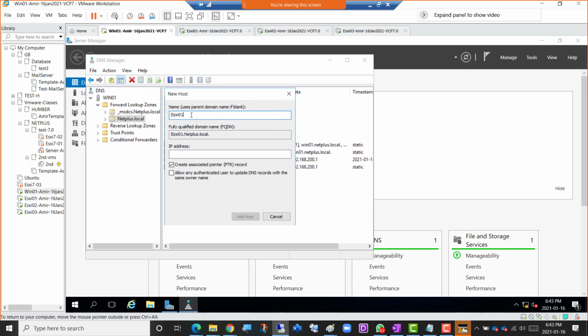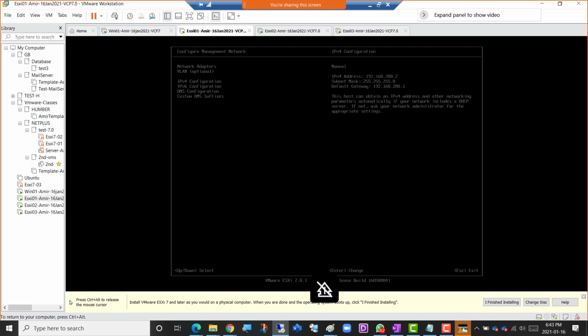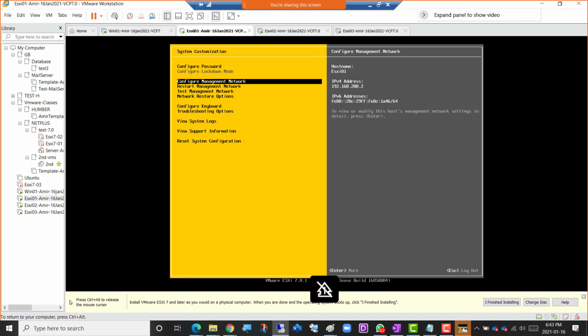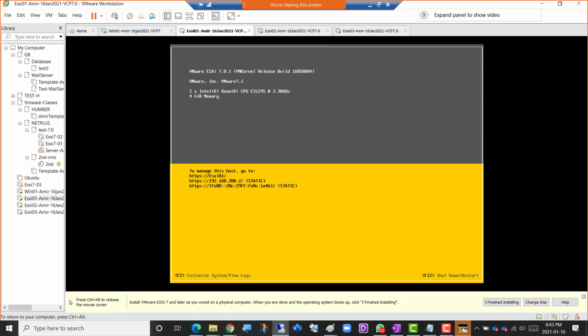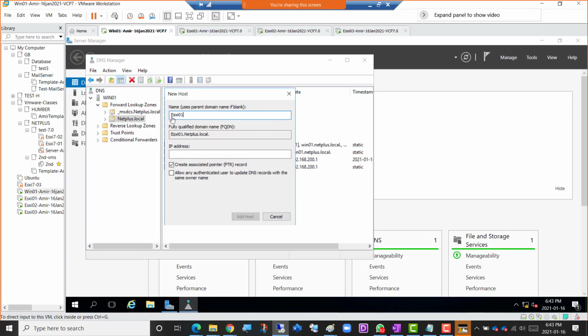ESXi01. Remember that the spellings must be exactly correct. ESXi01. Okay, if I go down here, I'll press escape further to go out of here as well. So the machine name now is ESXi01. Just type this and you can see that it's already filling up the fully qualified domain name, FQDN, and the IP, which is